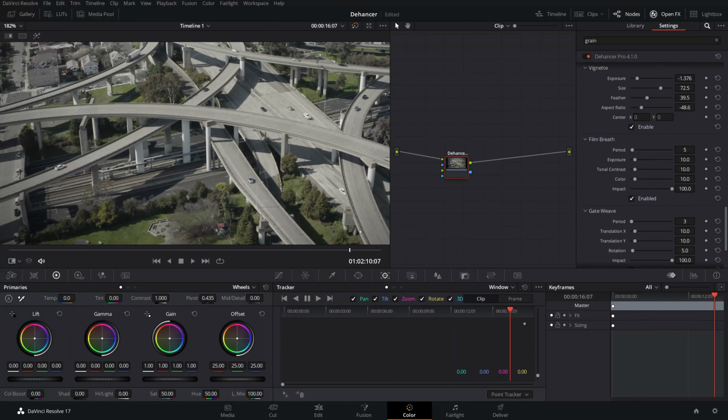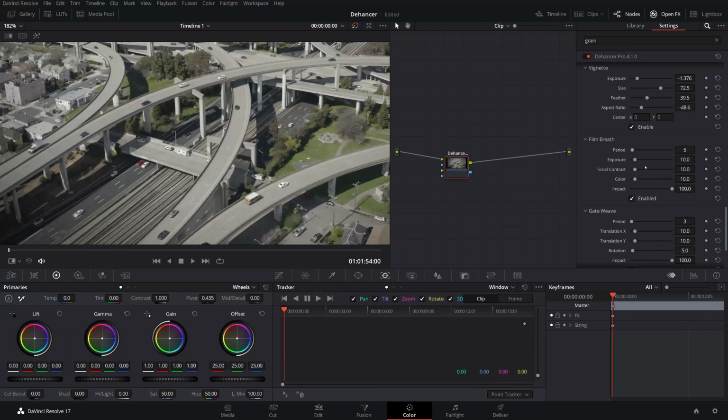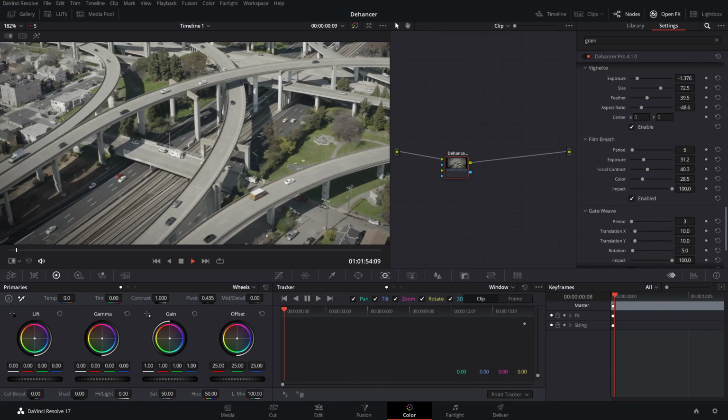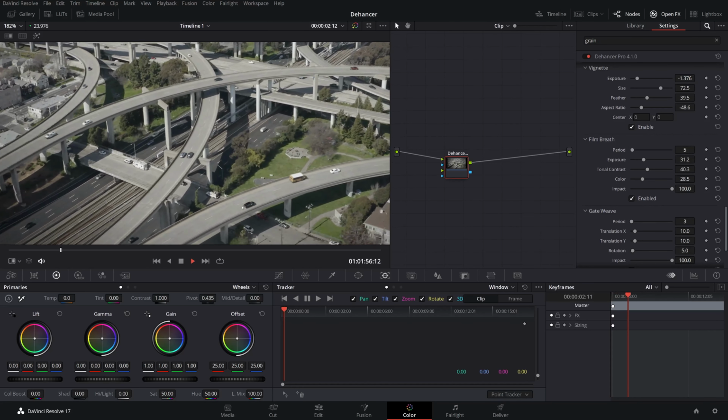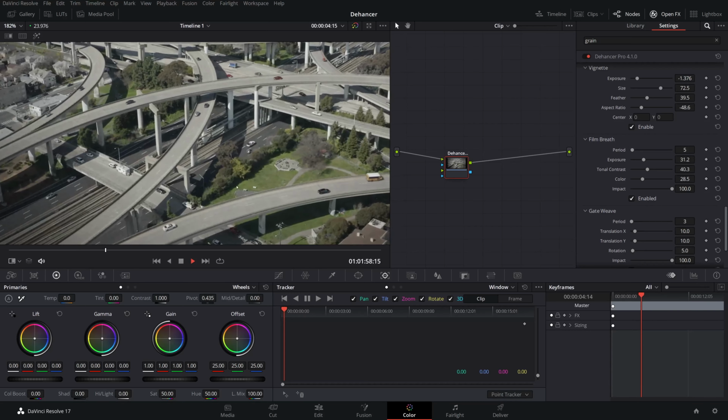Let's bring this back to the front, and just for the sake of example, let's bring up our exposure a lot, our tonal contrast, and our color. So it's going to vary between our period times. It's going to be shifting the exposure, tonal contrast, and color. It's going to be impacting all of those values. So if we play that through, it's going to become pretty noticeable. As you can see, we have this weird color variation